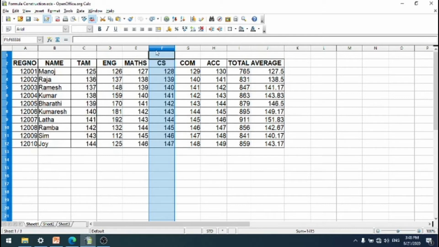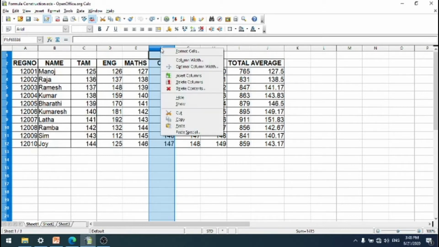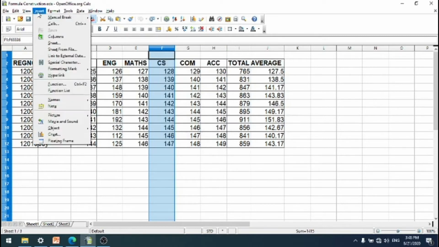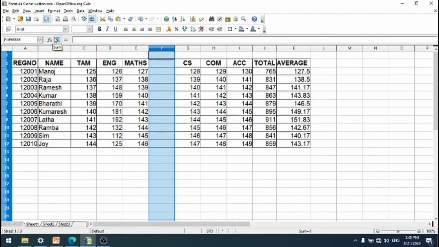Then you can use two options. By right click the mouse button, you can use the insert column option, or you can use insert then column option. So you can use either of the settings. Okay, now I have selected this. A new column has been inserted between E and G.